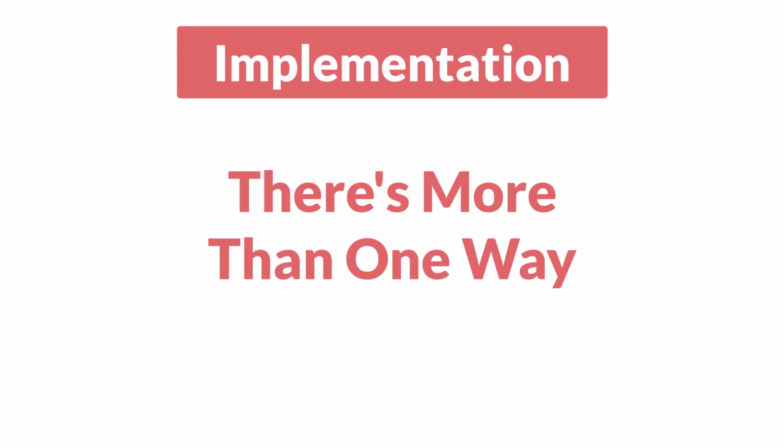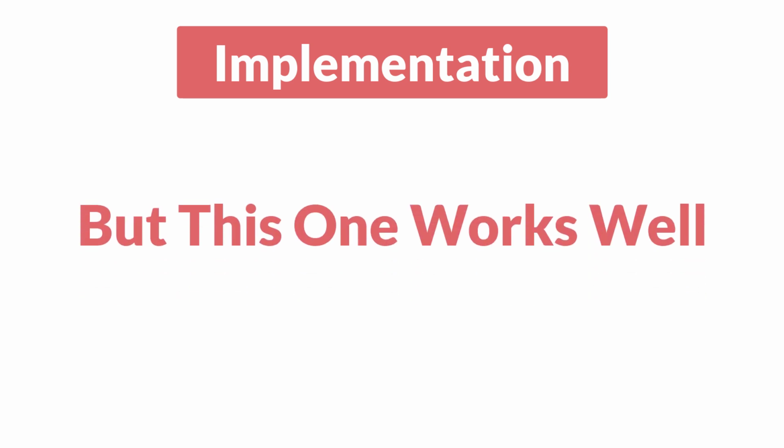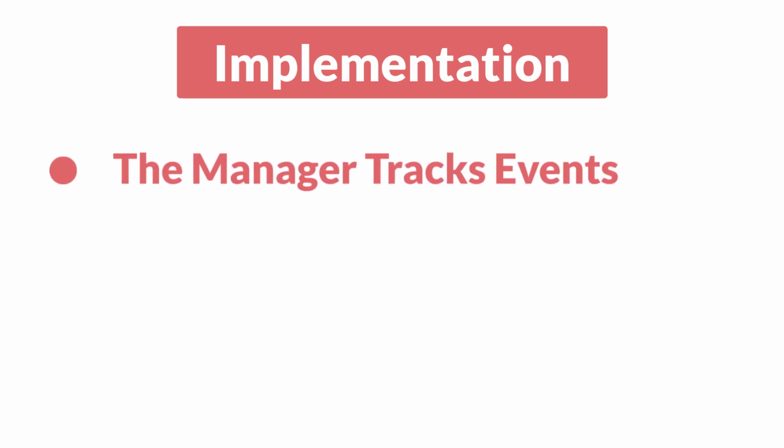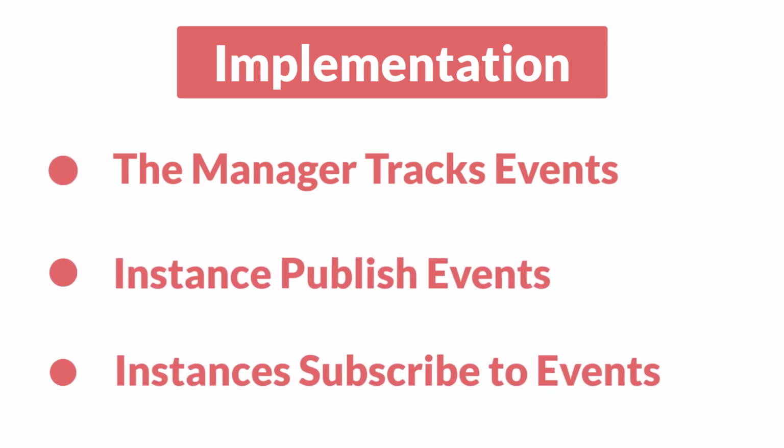There are different ways to do so, and I'll try to point out some of the variations as we go, but the method I will use for this tutorial is to have the pub/sub manager track events and to have objects, or more accurately instances of objects, subscribe to those events. So any object can publish an event and any object can listen for an event to occur. And I am going to limit this to instances, but it could be expanded to work with structs as well.